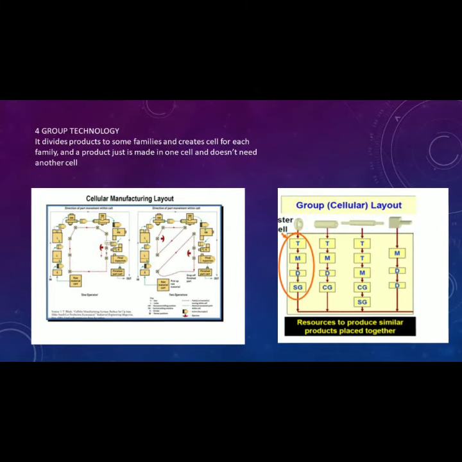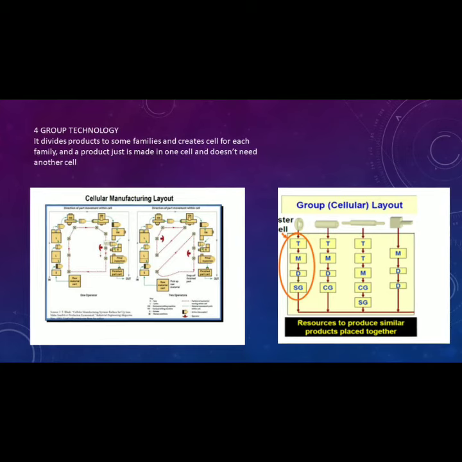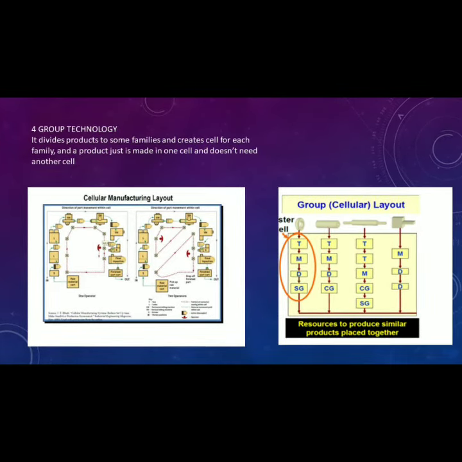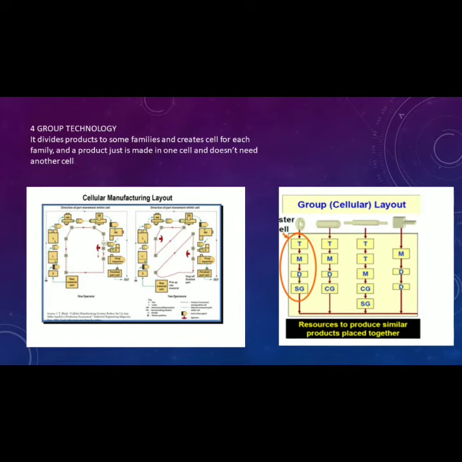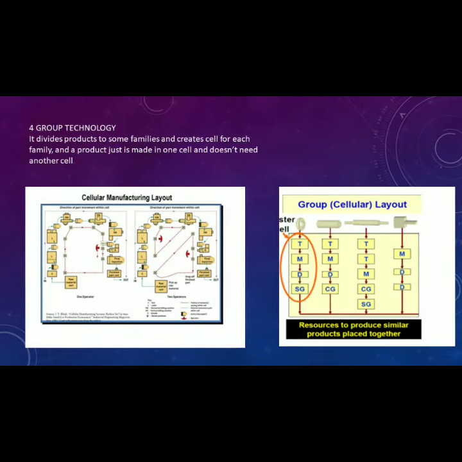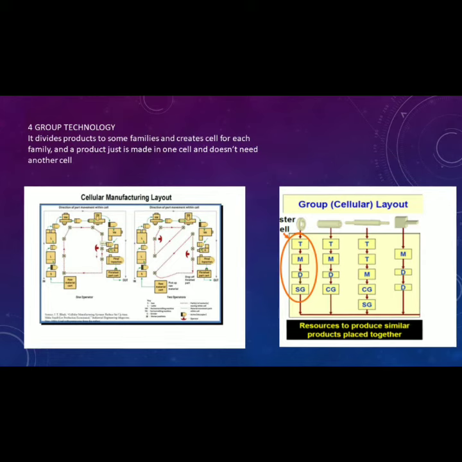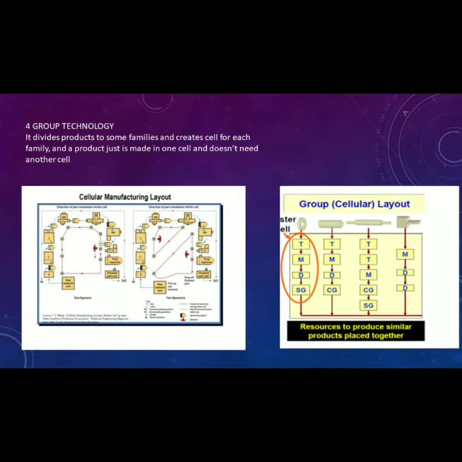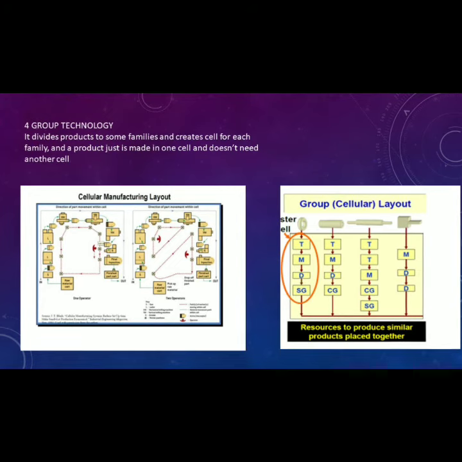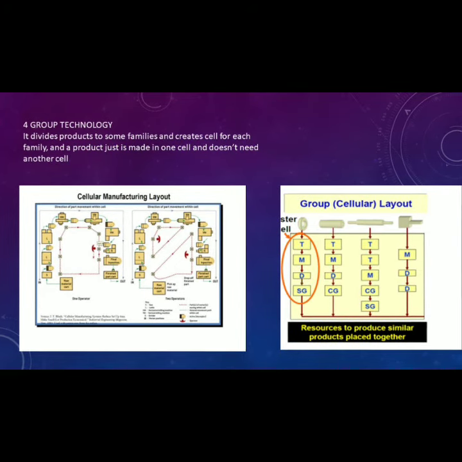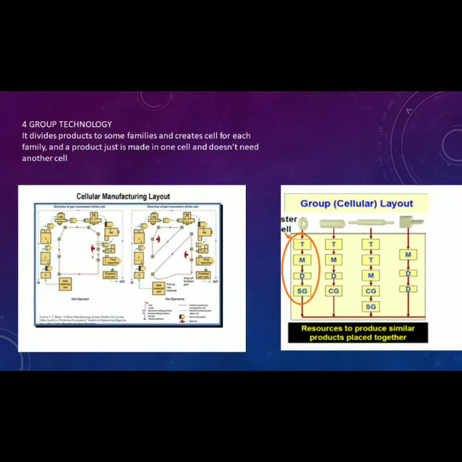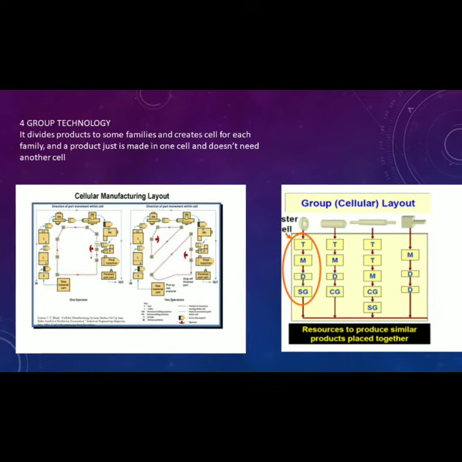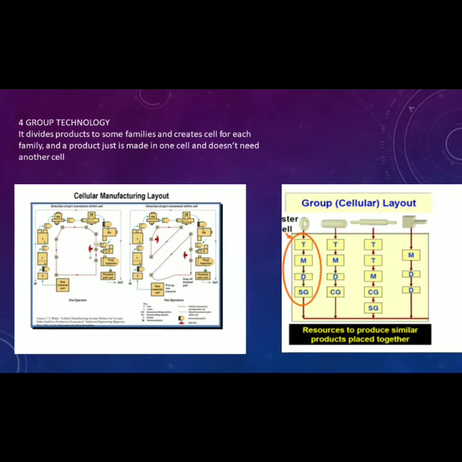About the fourth type, we have group technology, which means that we have to first divide products into some families and then create cells for each. We create a cell for each family, and a product is made in just one cell, and it doesn't need to move to another cell to be completed. As we have in these pictures,